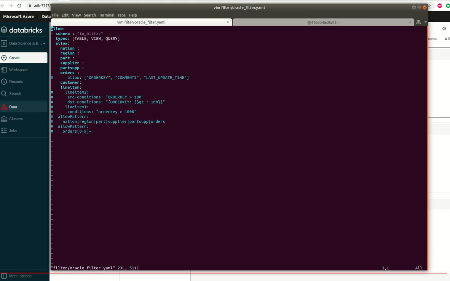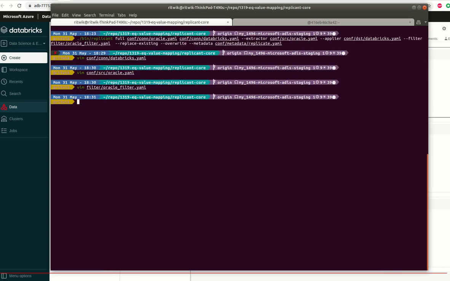Here you can list tables which you need to replicate. Optionally, you can replicate only specific columns of a table, or you can add some condition on top of a table to replicate. I am only showing some of the configurations. There is a detailed configuration document where you can find each and every knob.